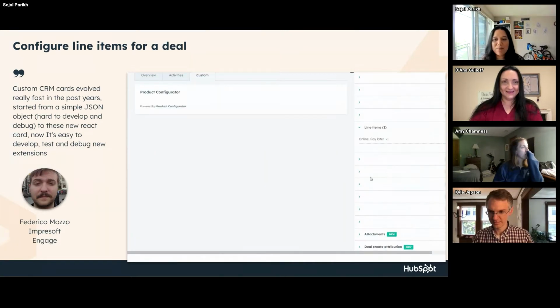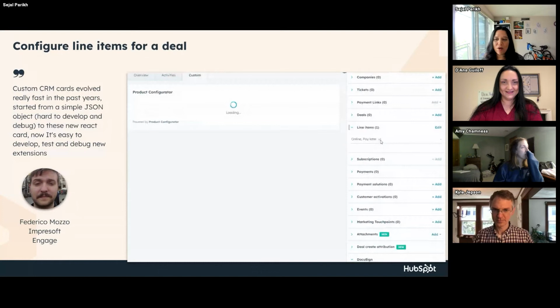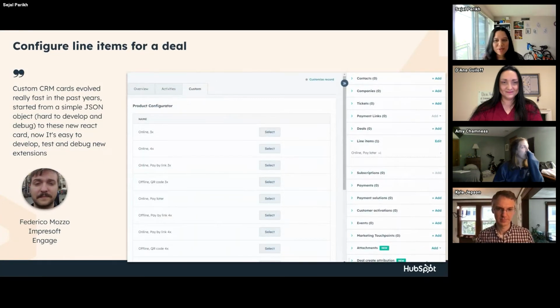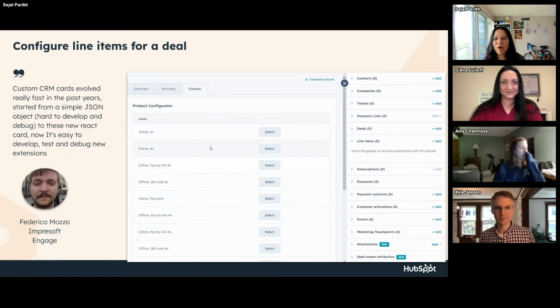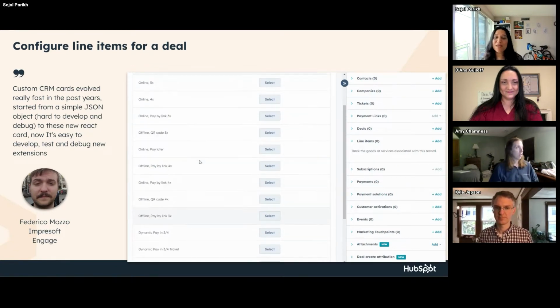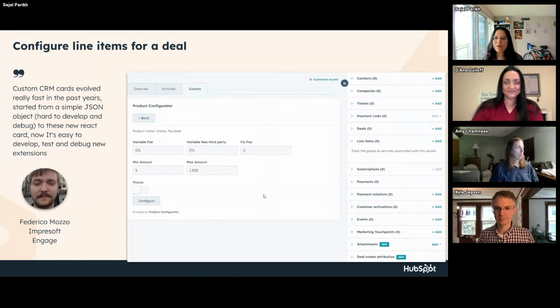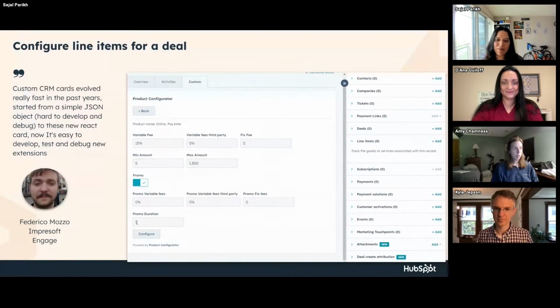He works with Impersoft Engage. They are also another partner with HubSpot, and their custom card enables sales reps to configure line items for a deal more easily by providing a very easy and straightforward interface that allows them to focus on entering only the data that matters the most for their business. And the custom card handles all data validation, conditional field logics, and something that was not possible by the default